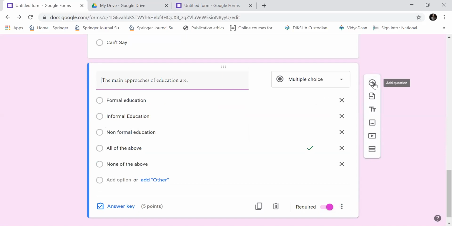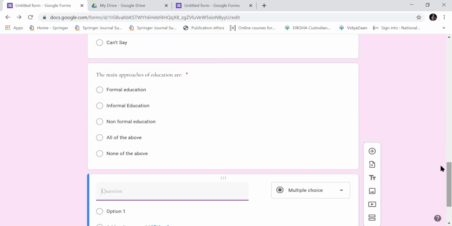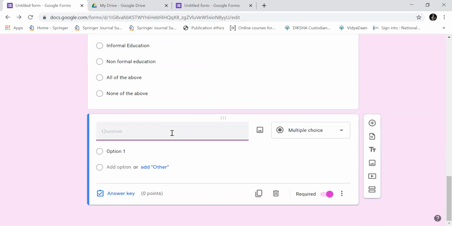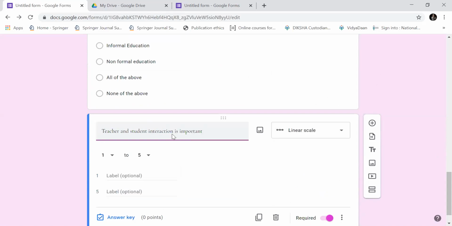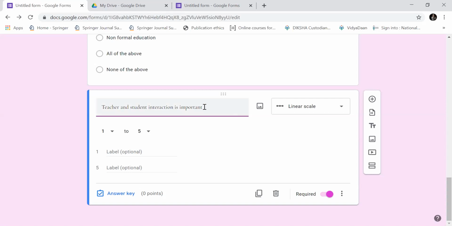Now I'm going to add up another question. Teacher and student interaction is important. Now I'm going to use a rating scale. So I'll click over here. Teacher and student interaction is important. Linear scale.